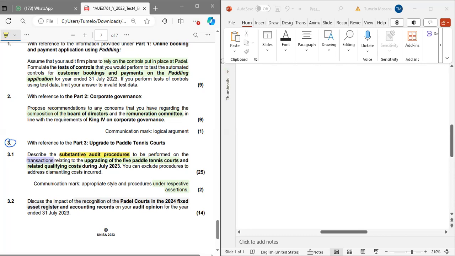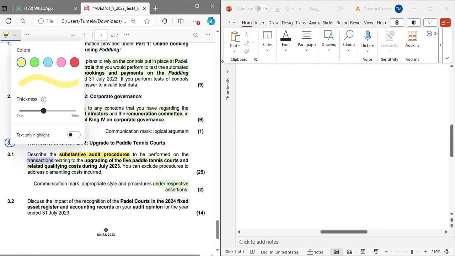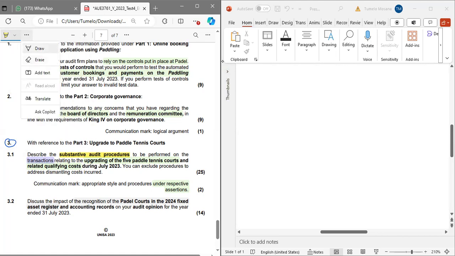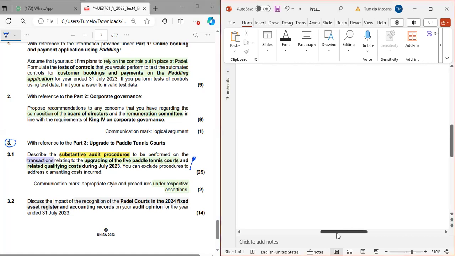Looking at this critically, I can see that we are dealing with the investment cycle. As we are dealing with the investment cycle, we first need to understand the core assertions, with relation to assertions, first of all,